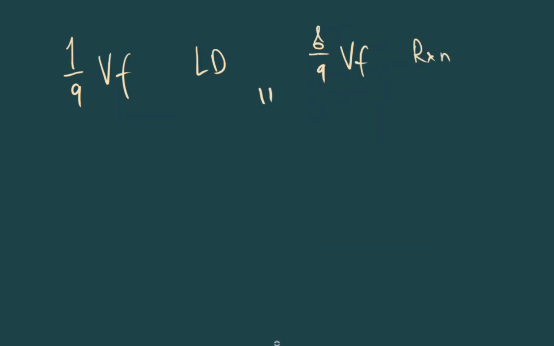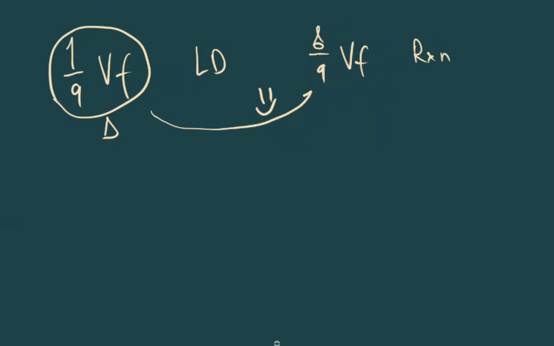From this we could conclude that this is our, let's say, delta, and this will be 8 deltas, and 8 deltas are equal to 18. So what we do, we find delta equals 18 divided by 8, and that is